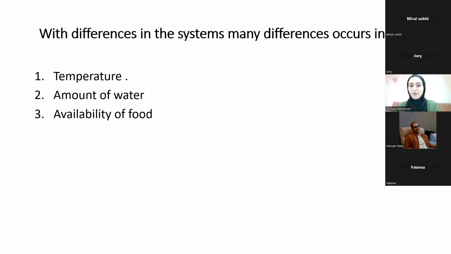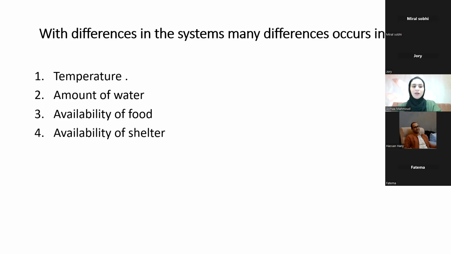Okay, availability of food. Lack of food like the desert. You know the camel eats food over a long period of time and he stores it in his big back. He has a big back. When he meets any food, he eats it and stores it in his back as fats to use when he needs, right? Or there is a lot of food like the forests. There are many trees of the fruits in the forests.